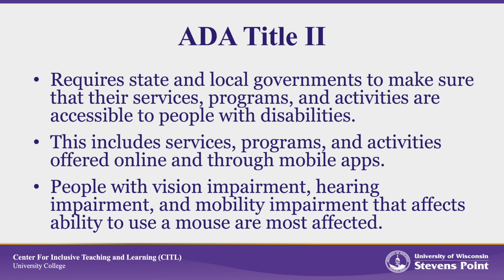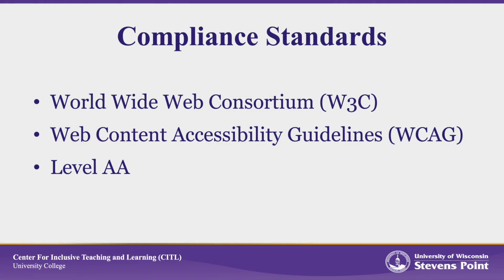Although there are many ways to define accessibility, revisions to Title II are quite specific. All resources must comply with the AA level of the World Wide Web Consortium's Web Content Accessibility Guidelines. These are highly detailed guidelines, which I won't discuss here, but I encourage you to access the resources in the associated links attached to this video so that you can start wrapping your head around the kinds of changes that you'll need to make.